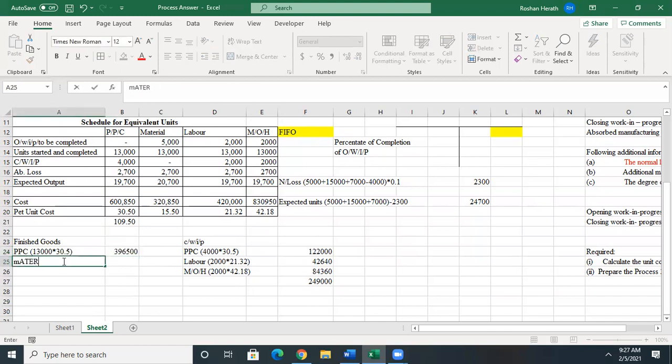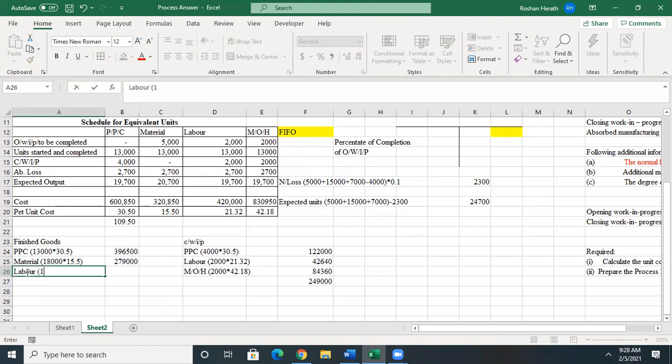With respect to the material, during the period, you have completed altogether 18,000 materials. That is into 15.5. It's 18,000 into 15.5. Then with respect to the labor,